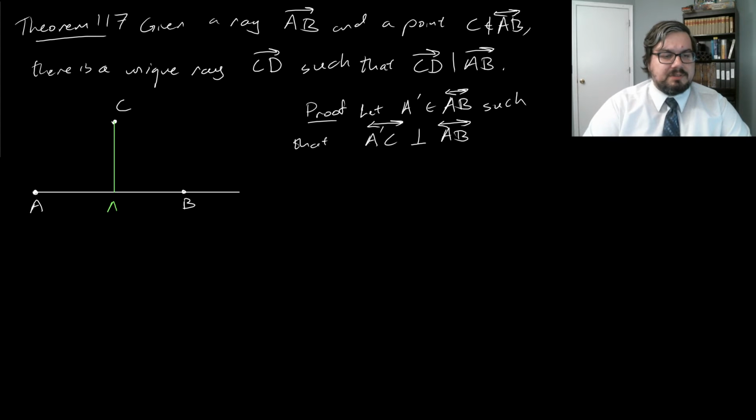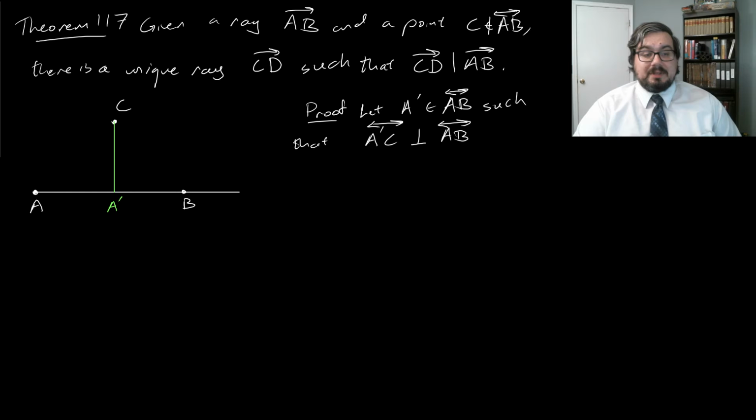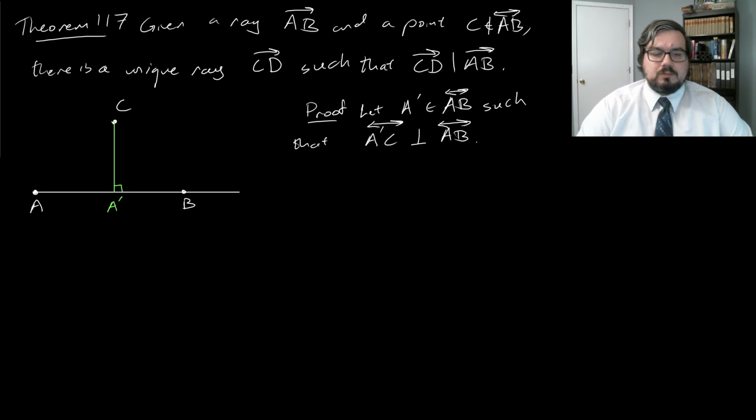Let's come down like this, take this point A prime here. The point now is that we're back in the situation that we were looking at before with the critical function. So now let CD be the ray with D on the